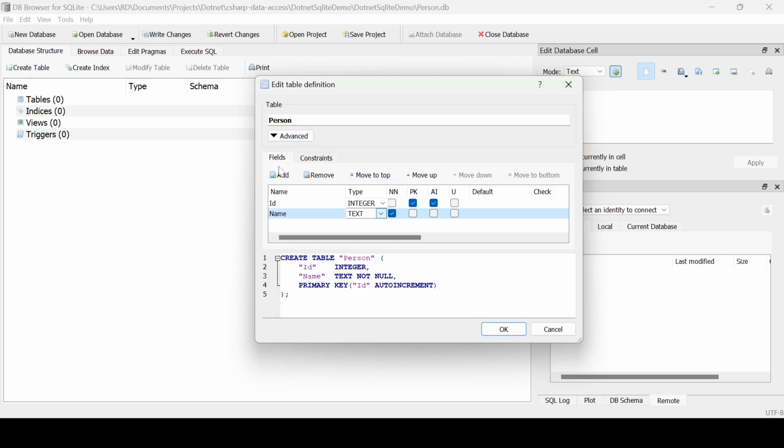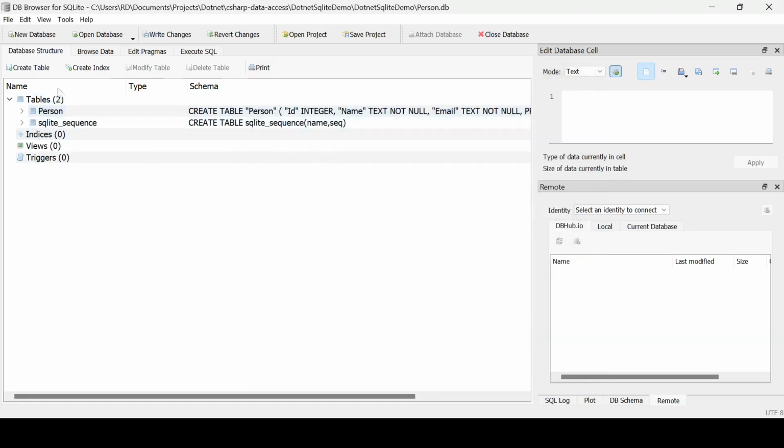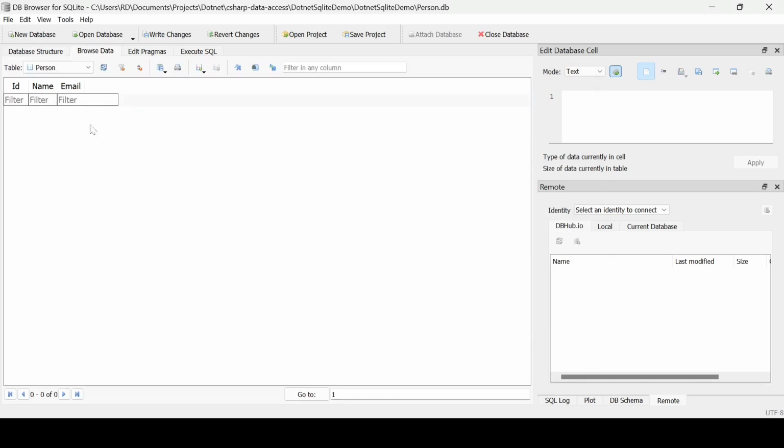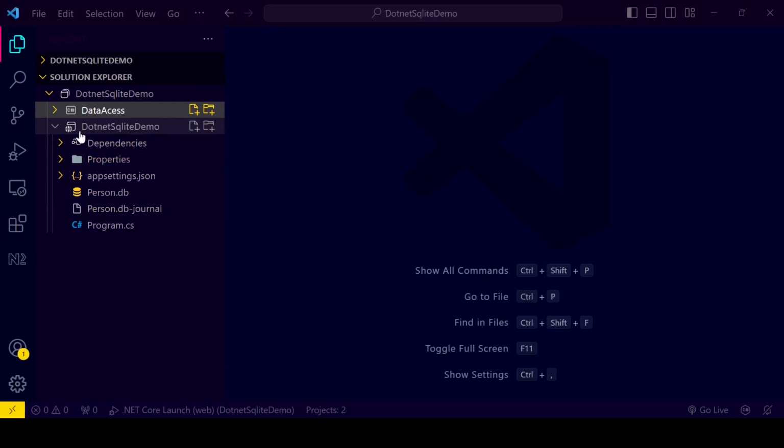Okay, next column will be email, and it will also be text and not null. Okay, so I can click on OK here, and you can see that we have this table. So here you can see we can browse its data. So if I go here in this